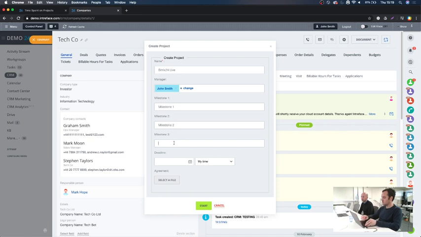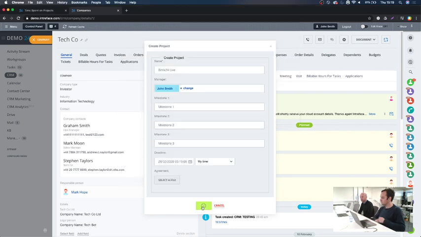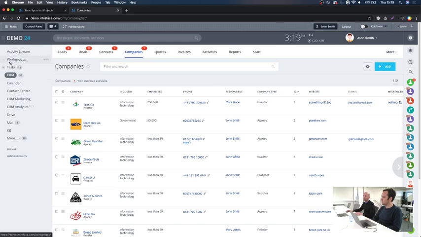So you can customize. I'll show you how you customize this form. You don't necessarily need to use a form. If you just want to run a process to create a project, it can pull information in from the company, copying the company name or something as the project name. But once we've processed that, I think it sends us a